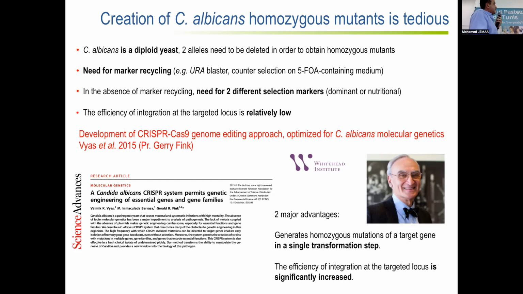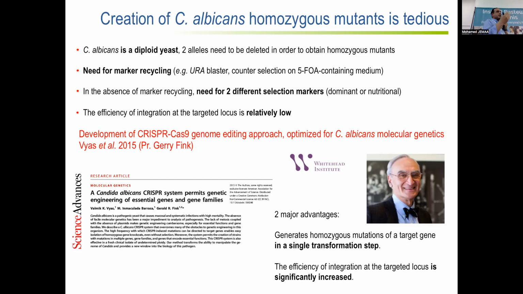So in 2015, Gerry Fink from the Whitehead Institute developed the CRISPR-Cas9 system for genome editing in Candida albicans. And this has basically revolutionized the way we create mutations and mutants in Candida albicans. So Gerry Fink basically created the system that confers two main advantages. First one is that we can generate homozygous mutations of a target gene in a single transformation step, one shot,